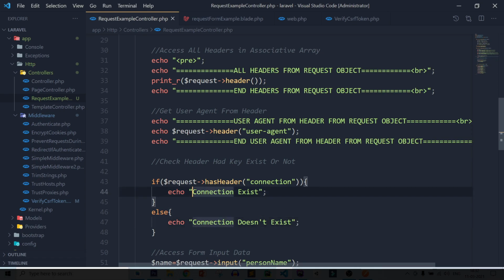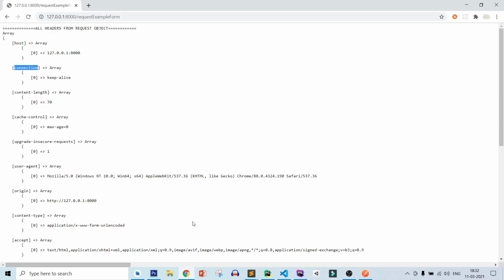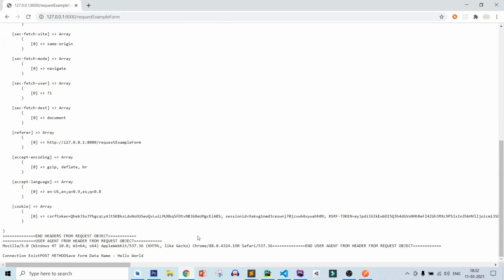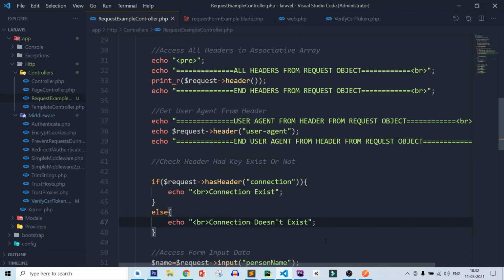Let's add some line break. Paste it here. Save it. Refresh page. And here you can check connection exists. So in this way you can check whether a header exists or not using the hasHeader method.